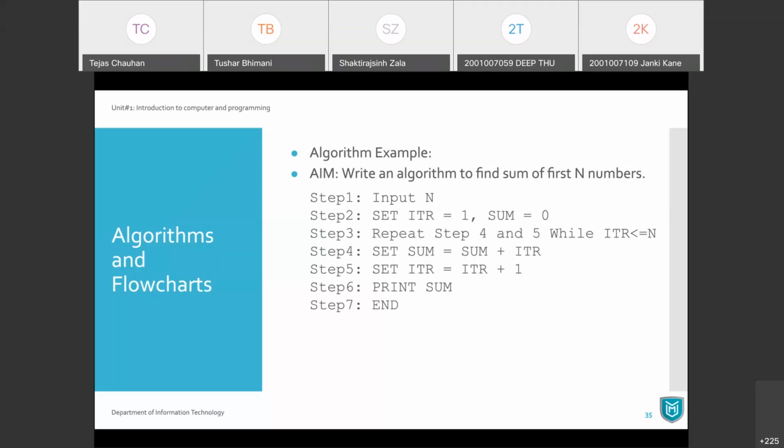So look, ITR is nothing but an iteration counter. We start with iteration 1. It's nothing but a variable, which maintains your value, where we store some value. When I say please remember 10, you keep that 10 somewhere in your mind.